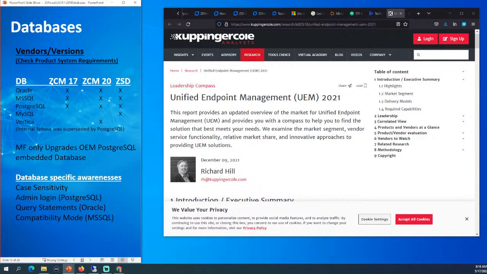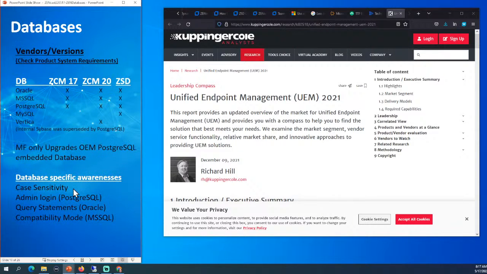And when you're upgrading and you need to know which, if you see a system requirement that is a supported database that's beyond what you have installed, we only upgrade the Postgres, the internal embedded database, when we do the migration. You'll have to upgrade your database manually through the vendor's procedures, right? If it's Oracle, if it's MS SQL, you have to go through those particular upgrade scenarios that they have as best practices, right? And be sure to check the product system requirements,